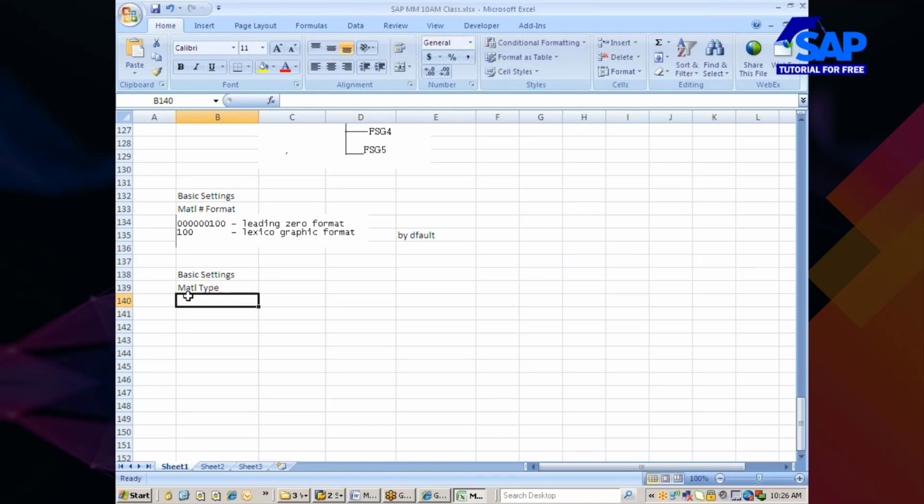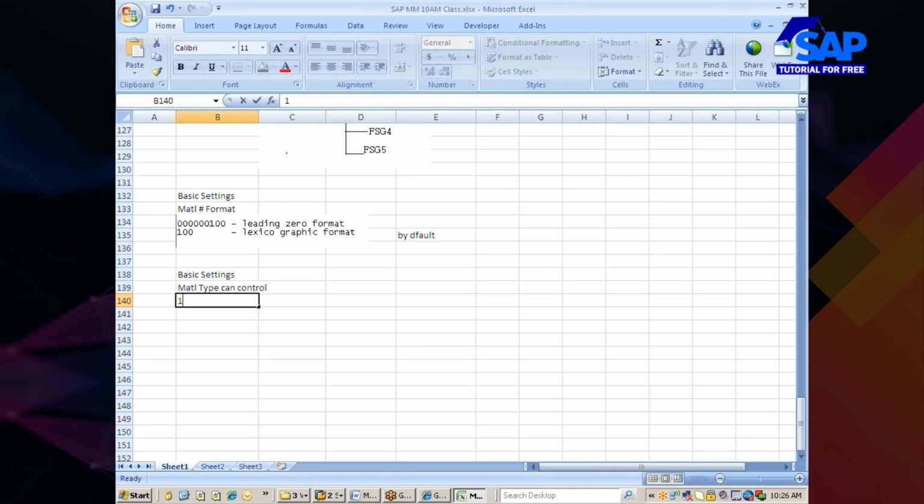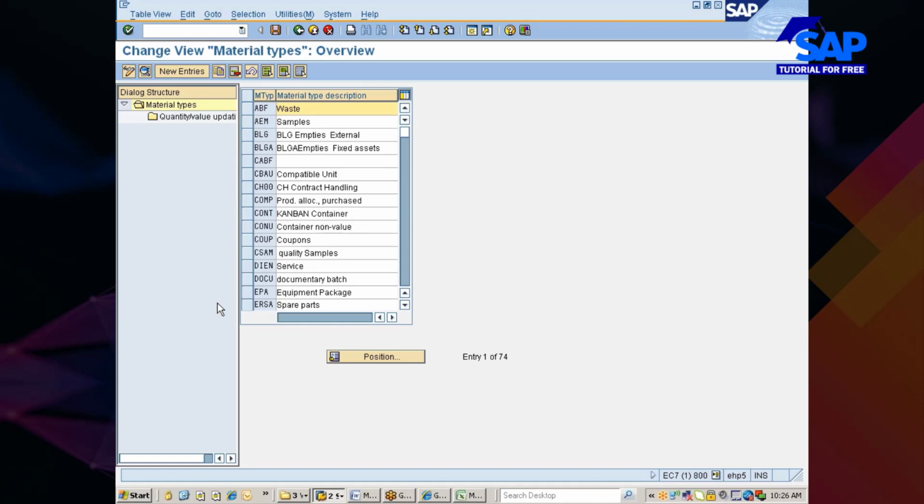I would say a material type can control a lot of things. So what I am going to do is go and create one maintenance, repairs, operations kind of material and explain all those parameters which our material type can control.